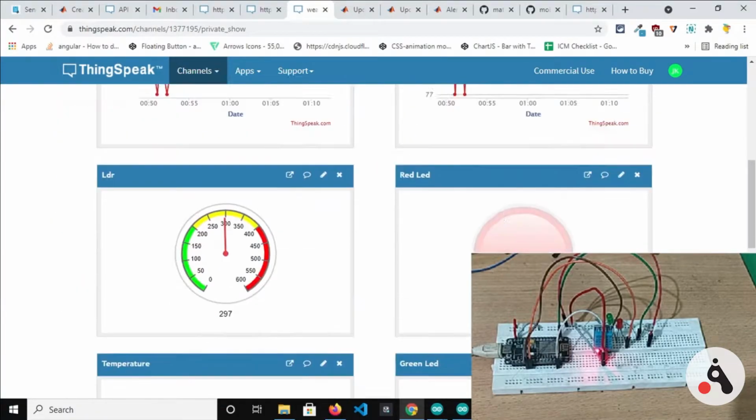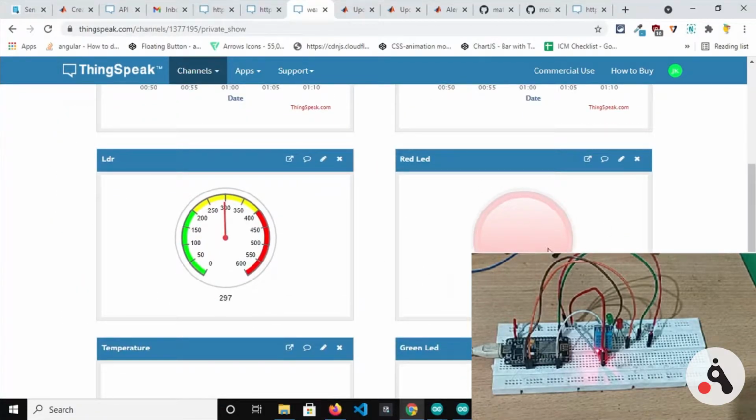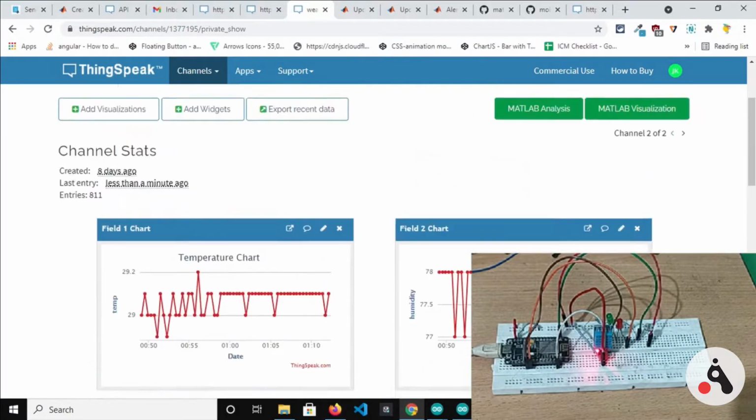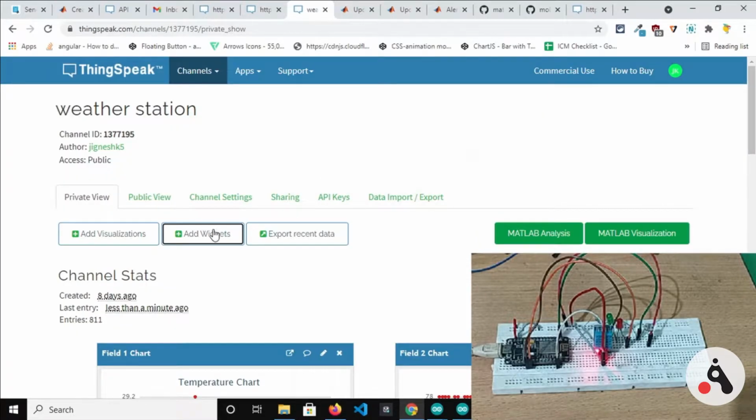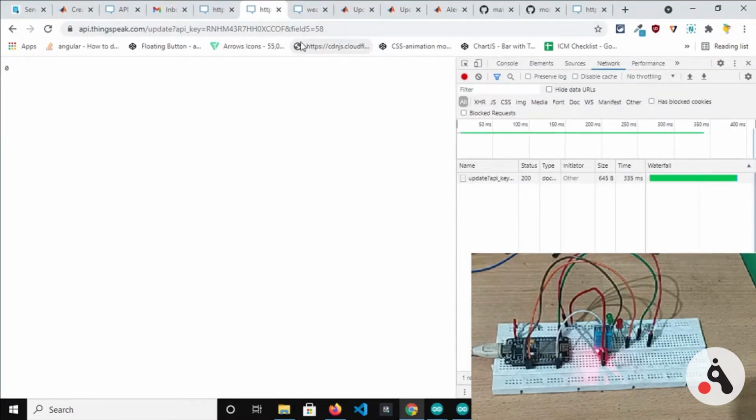Perfect. So let me send data from this dashboard, but we don't have any widget to send data, like buttons or toggle switches in ThingSpeak, so we can use the HTTP API.